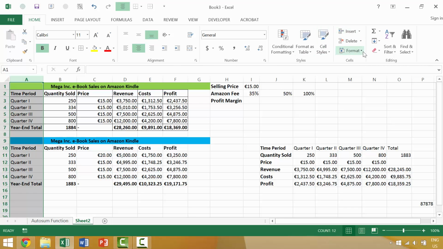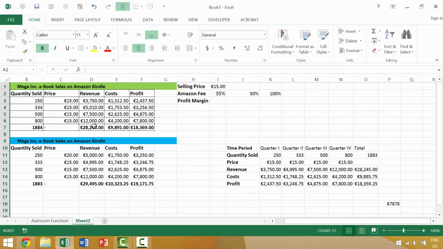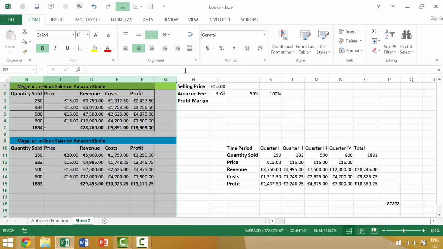If you were to hide a column, we'll say go to here and we'll go to hide column. Now, originally when we press Control Home, it would jump to cell A1, but currently we have hidden column A. So now when we press Control Home, it will move to column B1. If we were to hide, say, all of these columns, just for fun,